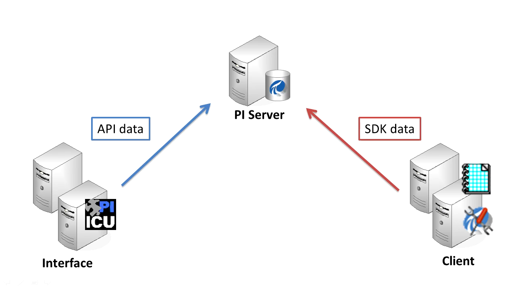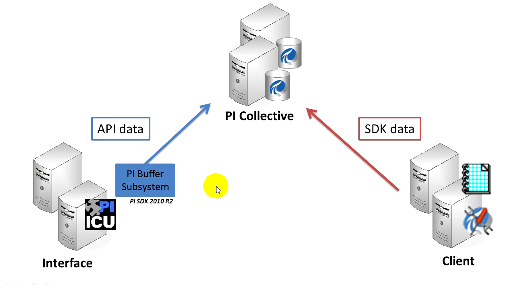We're going to configure SDK buffering to fan to an HA Pi collective in this video. For a long time, the Pi buffer subsystem has been able to fan out API data to a Pi collective so that each member had the same copy of information. But with SDK data, we had to write to one member or to the other member, and we couldn't simultaneously